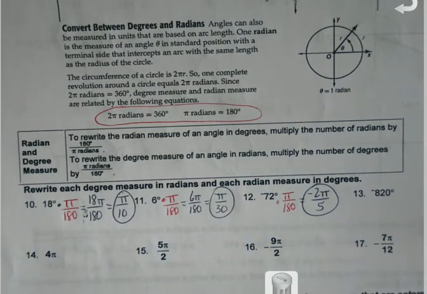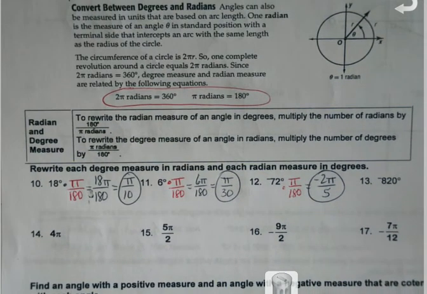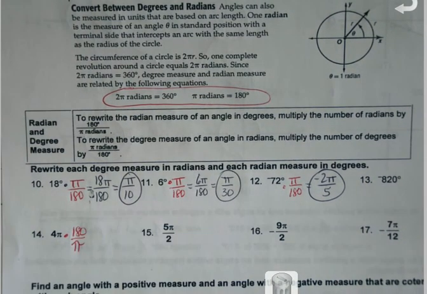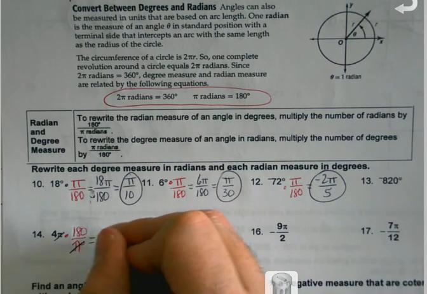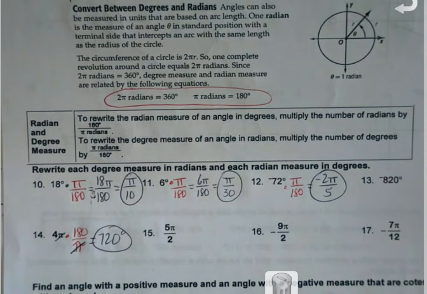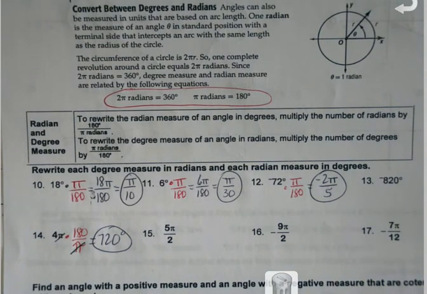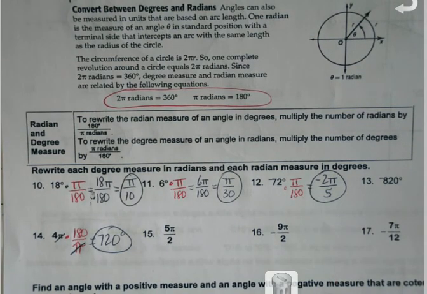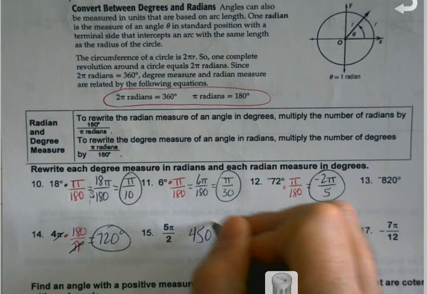And then, of course, we want to be able to go the opposite way too. Sometimes we want to talk about something in its degree measure instead, and it's in radians. Now, there's two ways you can look at this. There's either, of course, a mathematical formula way, where if I multiply by 180 over pi, the pi's just cancel, and I multiply and get the answer. But I've had a lot of people say, well, if pi is 180, why don't I just substitute 180 in for pi and get the answer? You absolutely can. So like here, 5 times 180 would be 900, divided by 2 is 450,